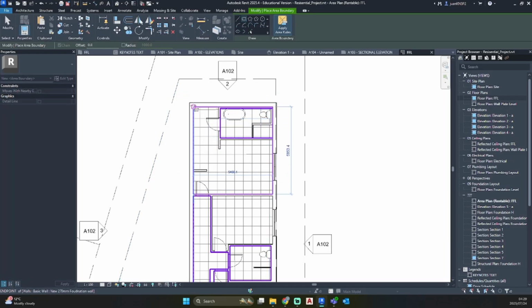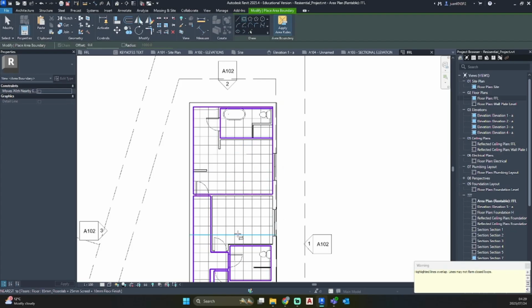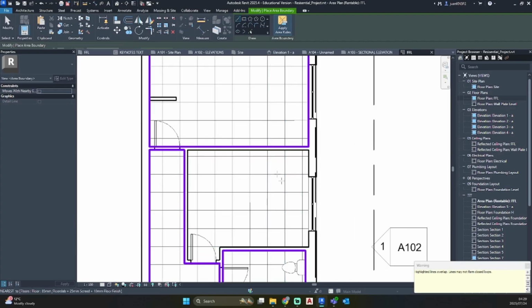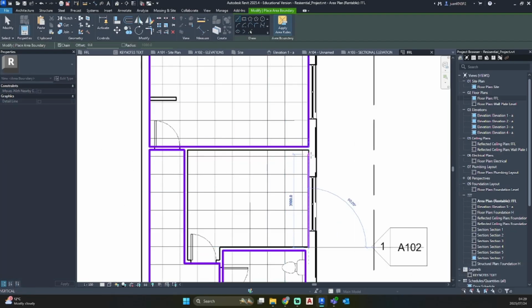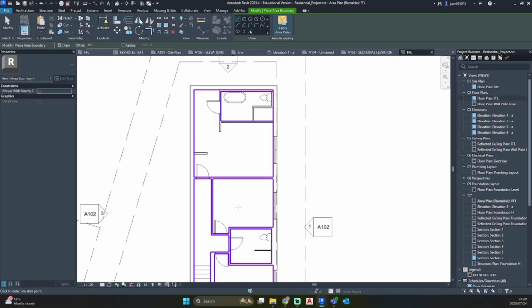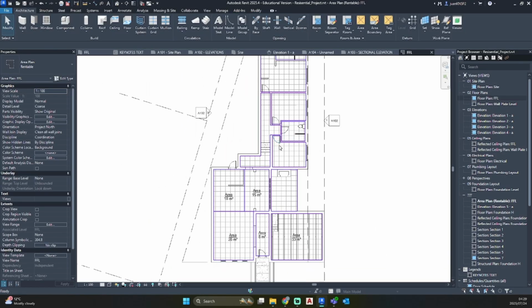And I'm going to draw a big rectangle over it. And let's go and finish that off. There we have all our rooms.